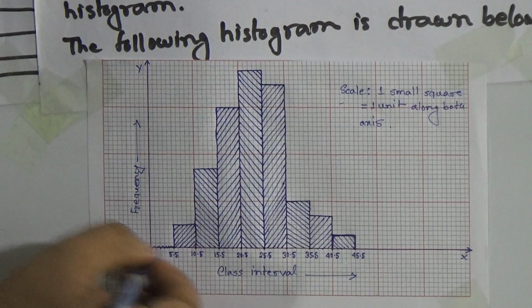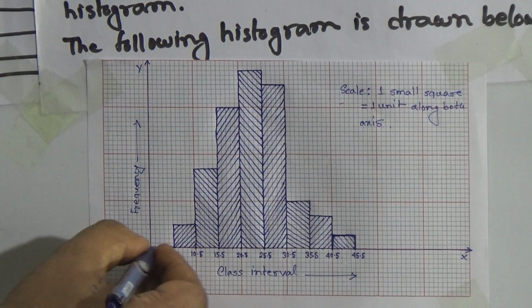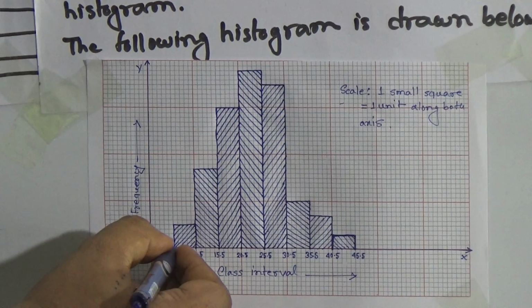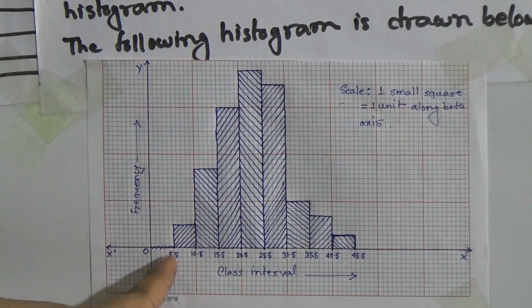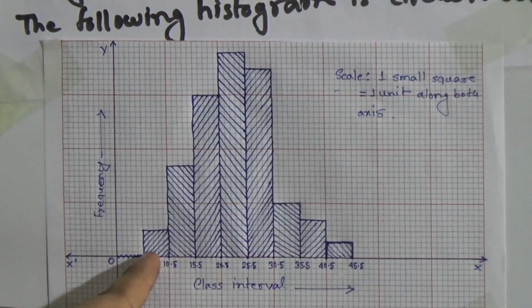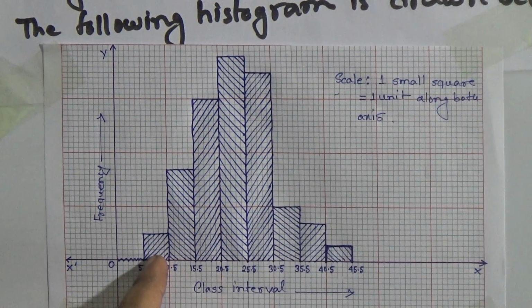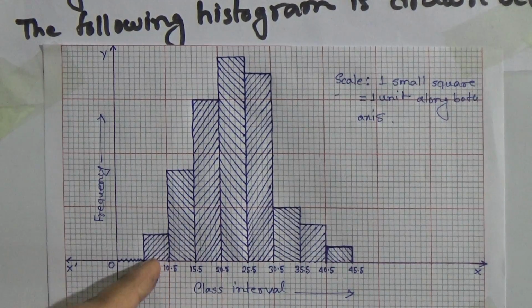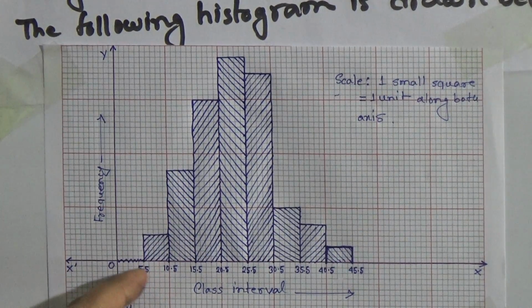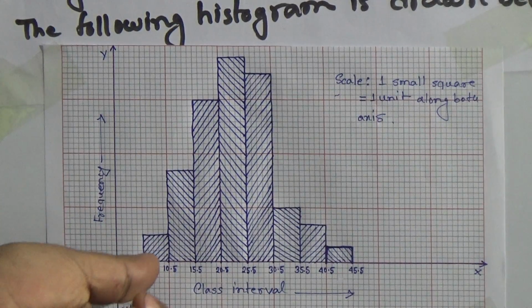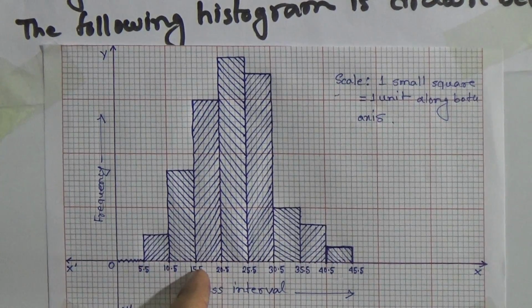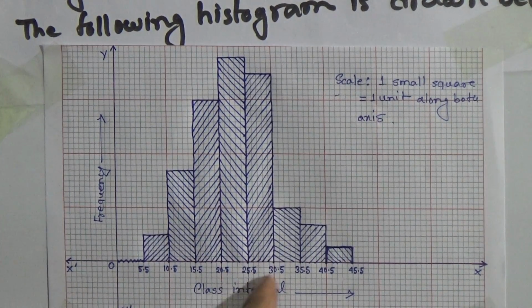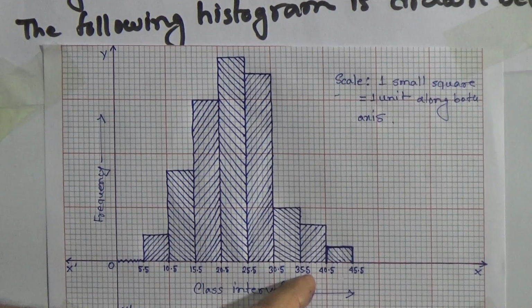Here you notice there is a breaking sign, which indicates that from 0 to 5.5 the numbers are hidden. If you don't write this broken sign, then it starts from 5.5, which is difficult to draw. So you take this breaking sign to make 5.5 sit exactly at the point of 5. So 5, 5.5, 10.5, 15.5, 20.5, 25.5, 30.5, 35.5, 40.5,